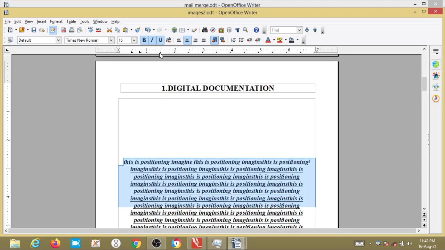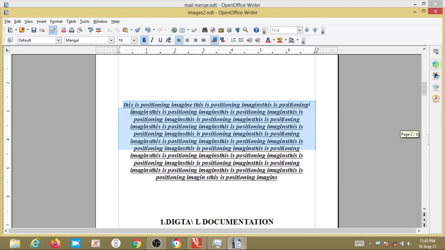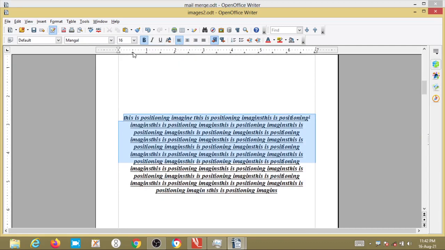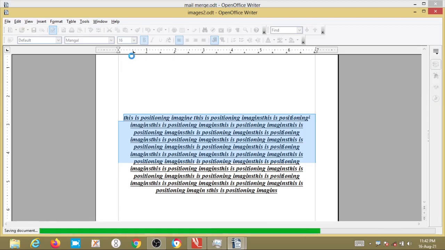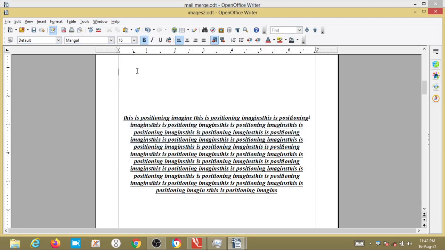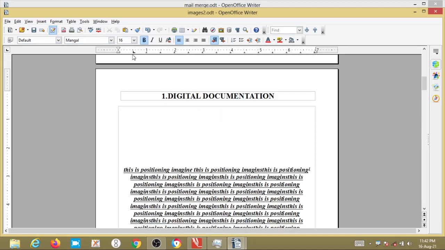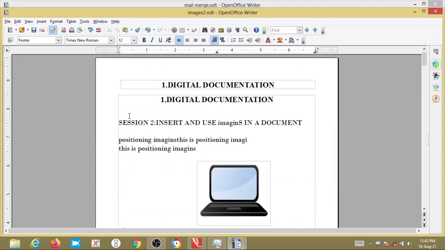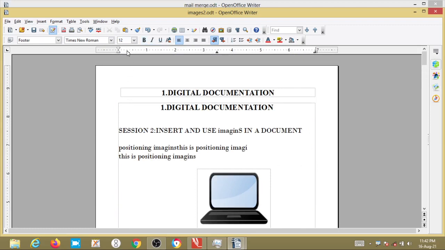Okay, where you want it to start from? See, if you give left align, here it is, from here it is starting. Now when you press the tab key in the document, the cursor will stop at the position marked by you on the ruler. So if you press here, whatever position you mention here, the cursor will be placed at that position.